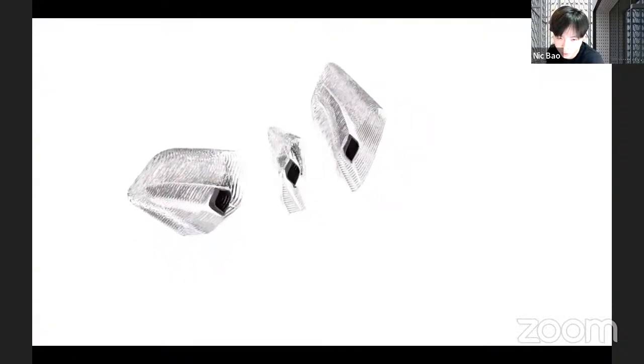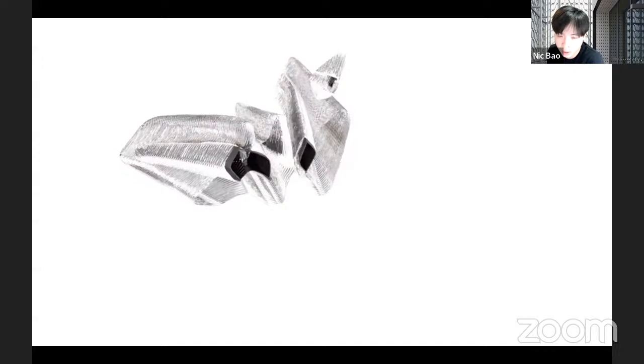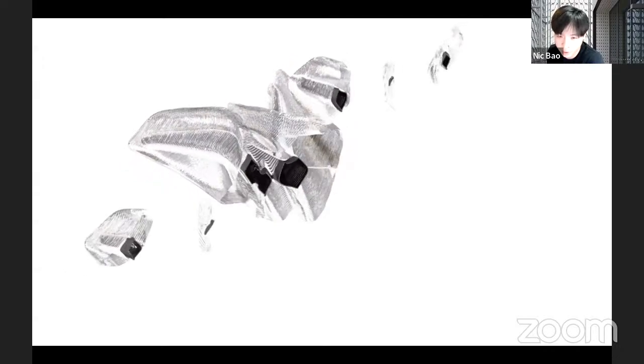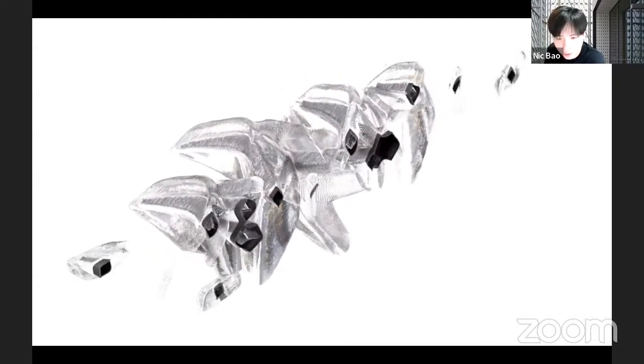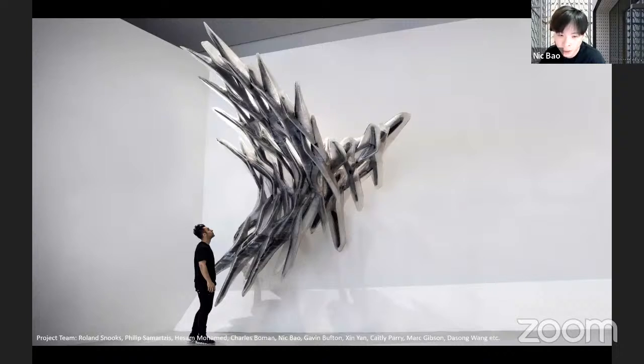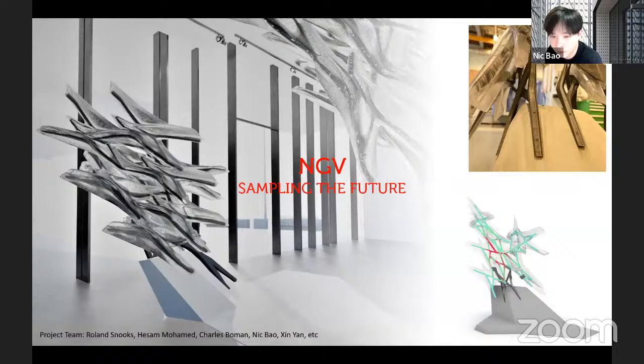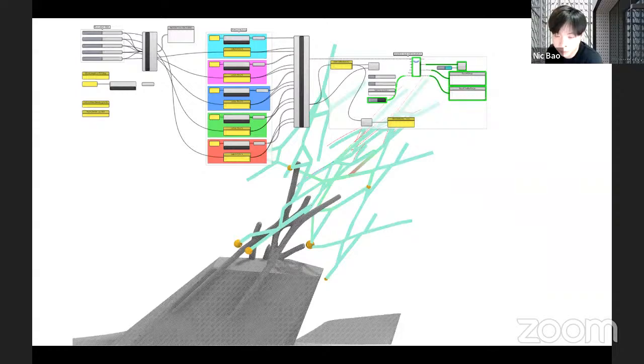So this is the animation. You can see the different layers showing the intricate forms and intricate systems. Then we also fabricated and brought it to China to exhibit at the Shenzhen Hong Kong Bi-City Biennale. After that, we developed another project last year and exhibited it at the NGV pavilion, and we also improved the algorithm